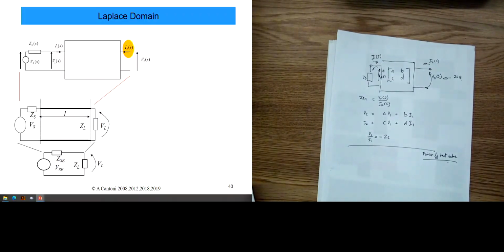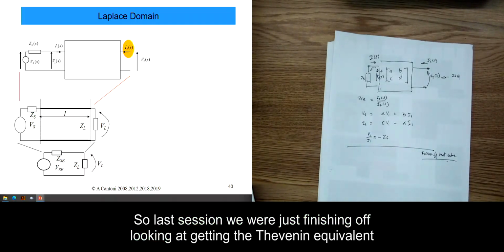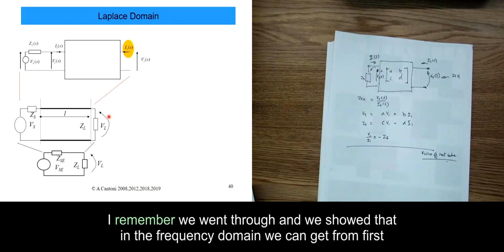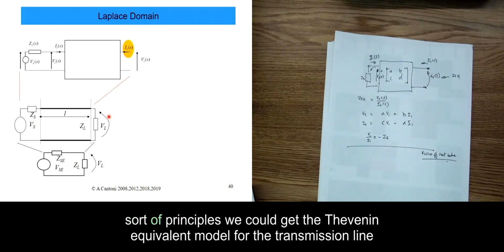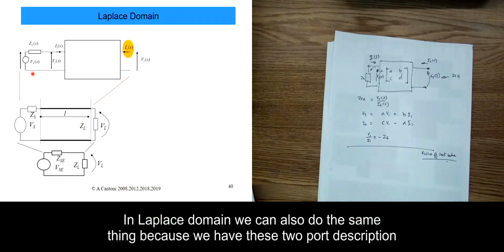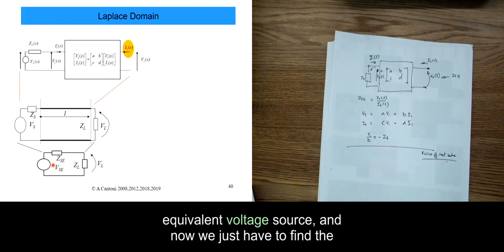Let's make a start. Last session we were just finishing off looking at getting the Thevenin equivalent for the Laplace domain. Remember we showed that in the frequency domain we can get, from first principles, a Thevenin equivalent model for the transmission line source. In the Laplace domain we can also do the same thing, because we have this two-port description. I'm pretty sure we found VSE, the equivalent Thevenin voltage source, and now we